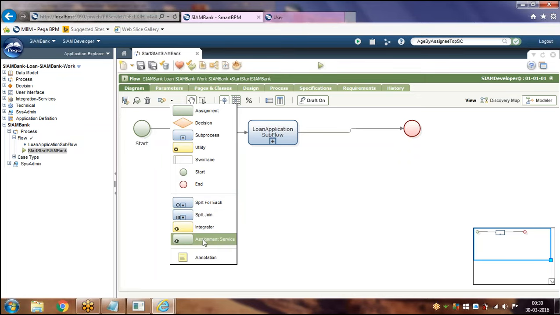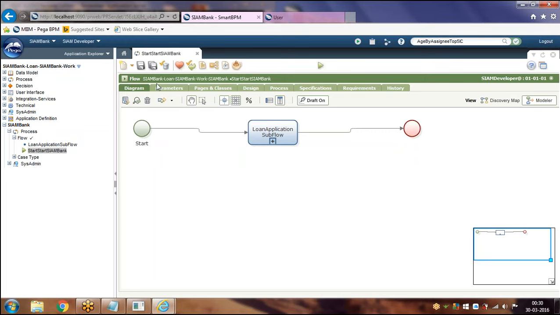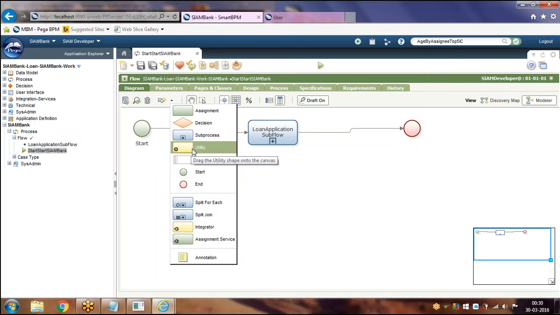This shape can be used to call an integration connector activity. We have also covered the utility shape and sub process. Most probably all the shapes we covered. Streamline will not be used in real time mostly. These two are common in 7 as well, so we'll cover them in 7.